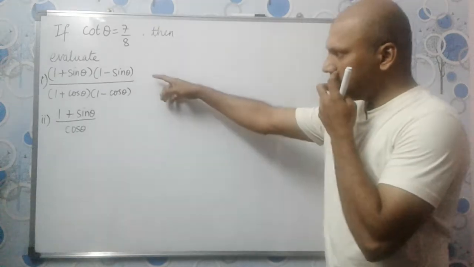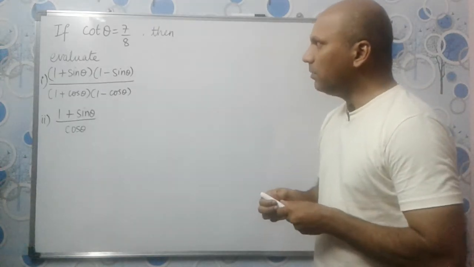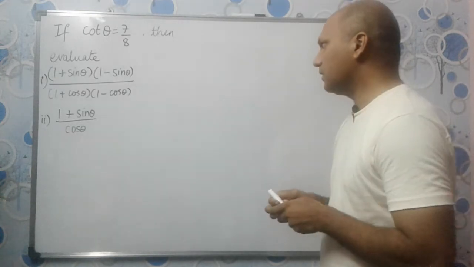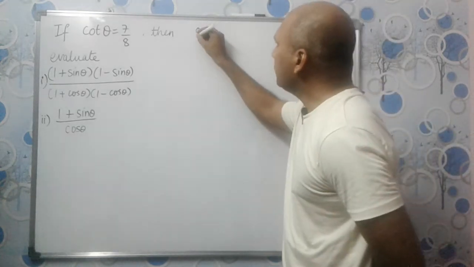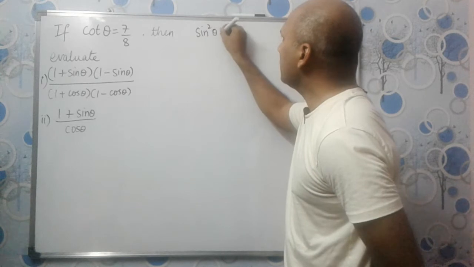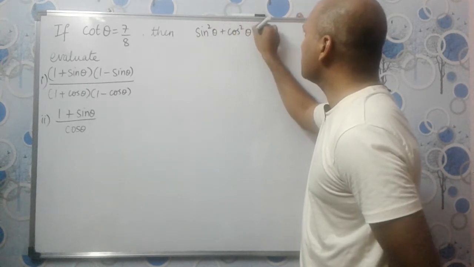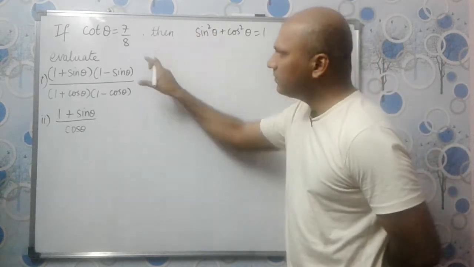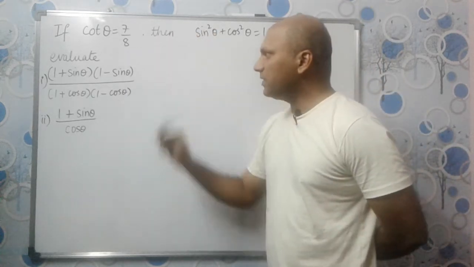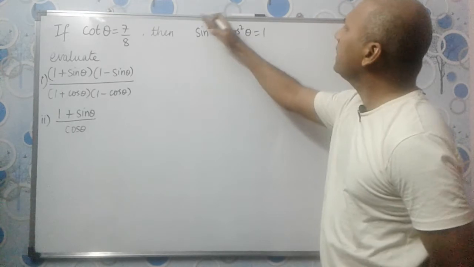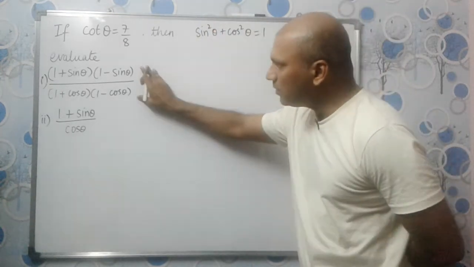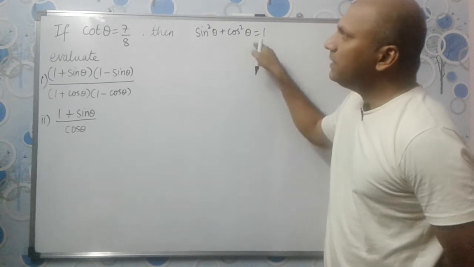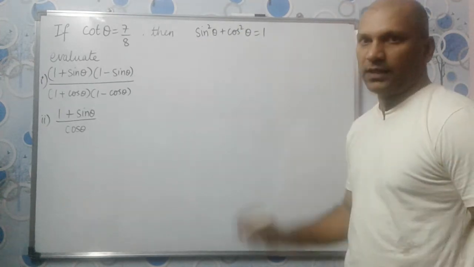See, there is one easy method of solving this problem, but we did not learn trigonometric identities formula. What is the identity we will use? We will use sin square theta plus cos square theta is equal to 1. But we did not learn this formula yet, right? We are only in the first exercise. This problem is from the first exercise, but still we'll go ahead and solve this problem in two methods, using this identity and using right angle triangle also.